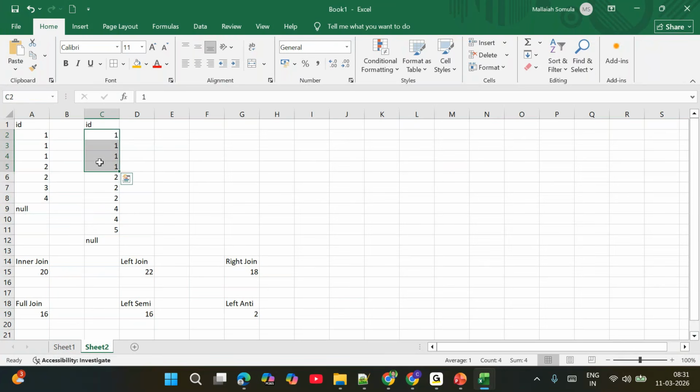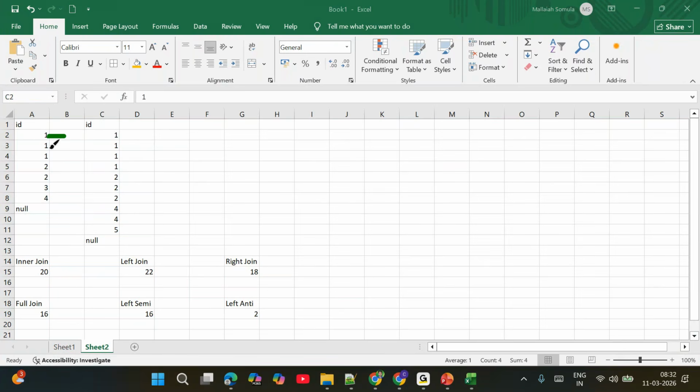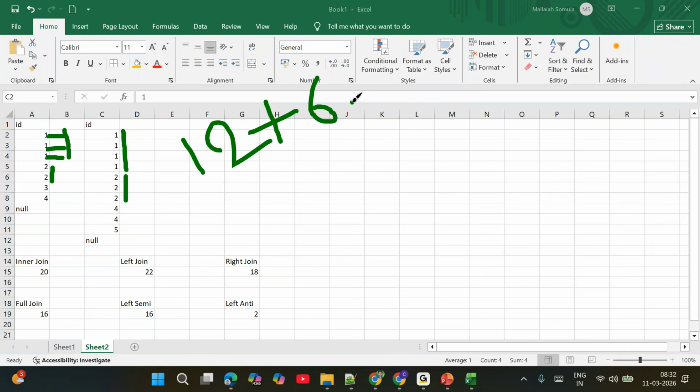So every one will match 4 times. That's why 3 into 4 is 12 records, plus 2 into 3 is 6,